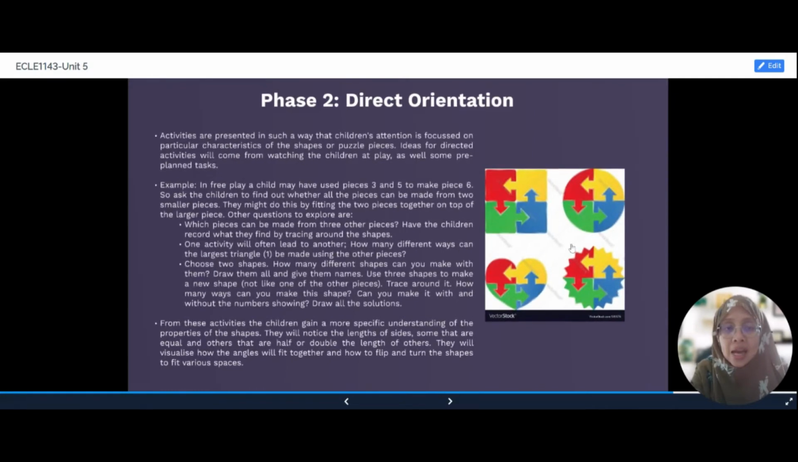Second is direct orientation. It means you ask children what to do. Okay. For example, we can also use puzzle pieces, shape puzzle pieces like this. And you can ask the question, which pieces can be made from other 3 pieces? Or how many different ways can the largest triangle be made by using other pieces? So this is some sort like we give them a direction and they will try to do it and they will make it as a shape